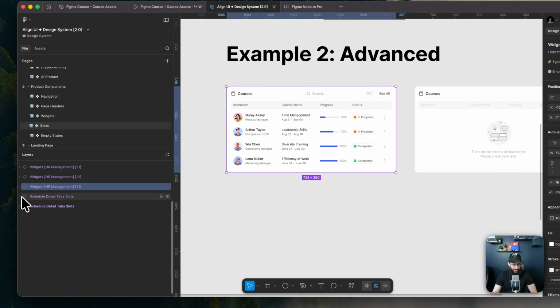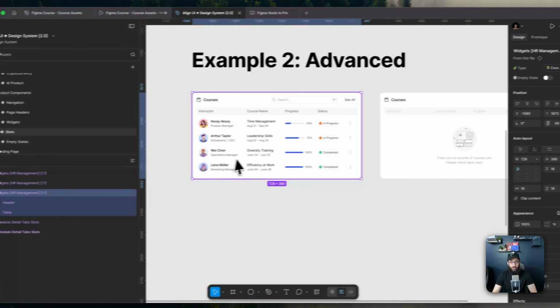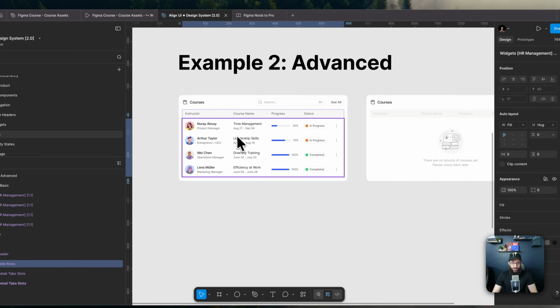If I said Untitled UI, please forgive me. I'm talking about Align UI. So again,